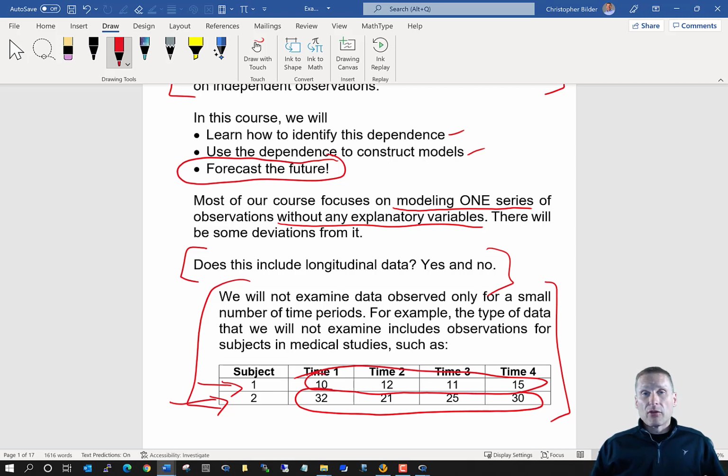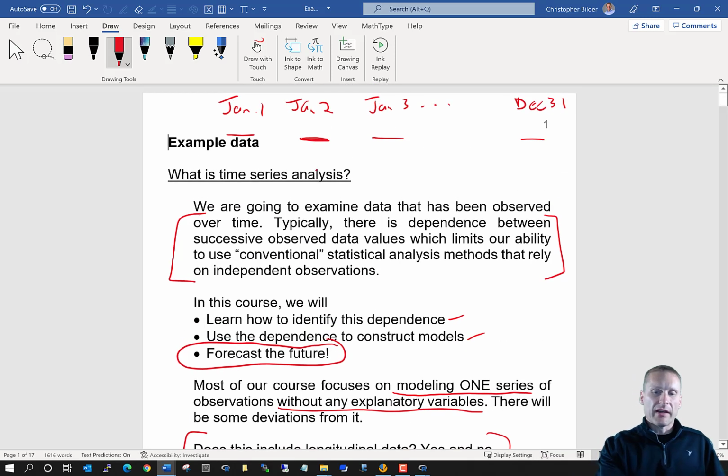A common way then to take into account this dependence is to use a generalized linear mixed model, where you could have a term corresponding to subject to account for that dependence. That's not what we do in a time series analysis course. Instead, what we have is data, such as I illustrated here, where you have a long series of data that's collected over time. And we're looking at to model that series alone. Longitudinal data, typically, in most settings, you might have a short time series of data.